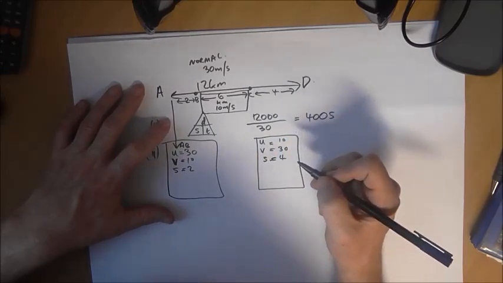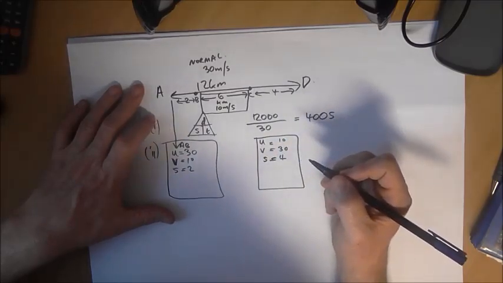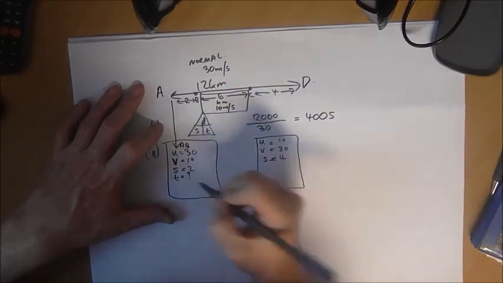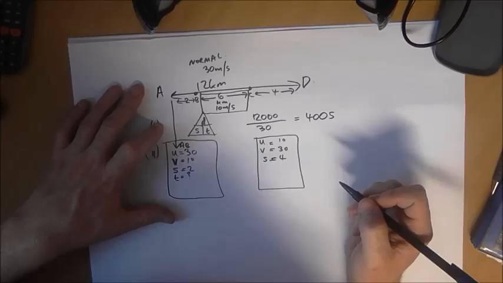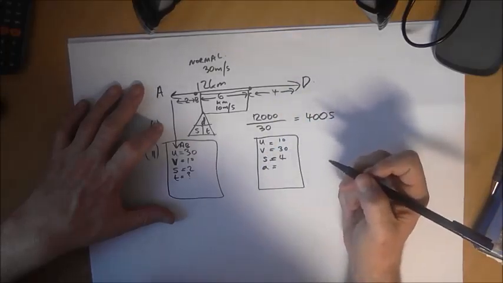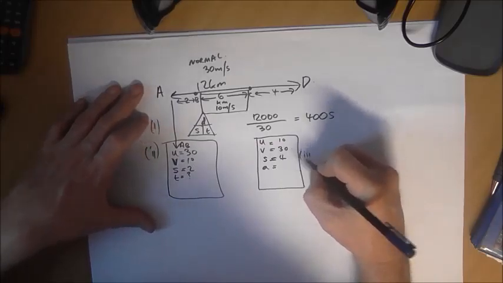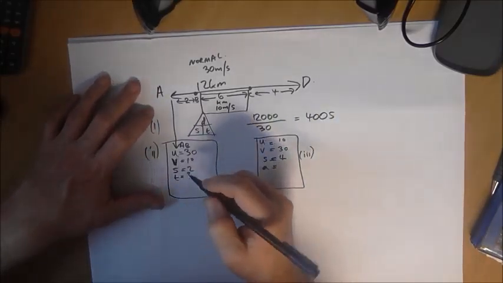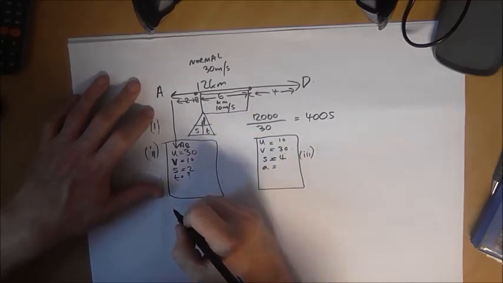I realise, by the way, I haven't read the question yet. It's the time taken to travel from A to B, so I'm going to work on this. I want to know the time. For this one, I want to know the acceleration. That's Roman numeral part 3. Okay, so do I have a SUVAT for that one? Yes, I do. It's